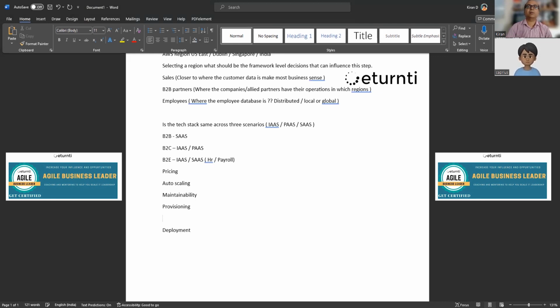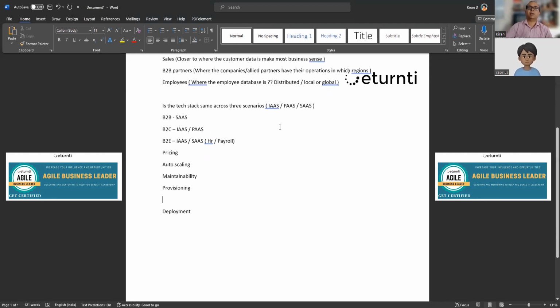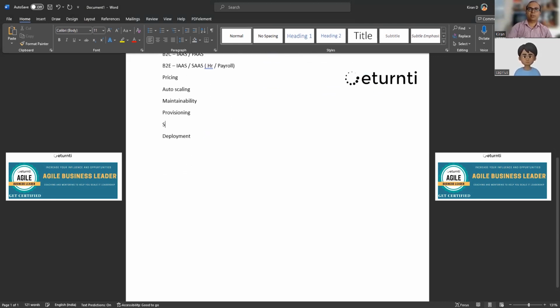So you have to look into these things. Security will of course be an issue. Then you'll have to look into shared licensing, which will be another thing. Then